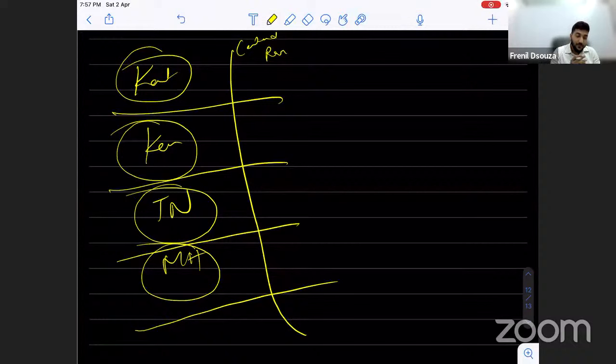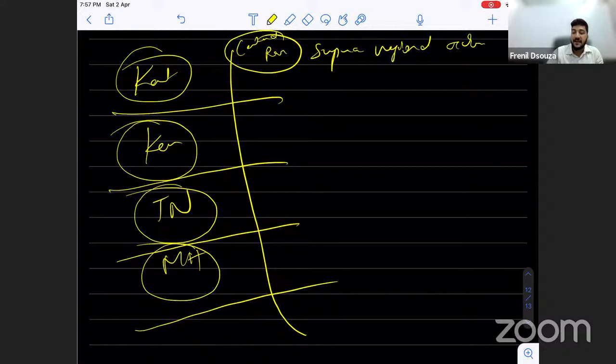So whenever we calculate the state income estimates, certain activities are excluded, such as these railways, or let us say banks which belong to central banks, right? These cannot be attributable to a single state. It has to be taken as a whole, at a country level. Okay, so these sectors are called supra-regional sectors, and they're excluded while calculating the state income.